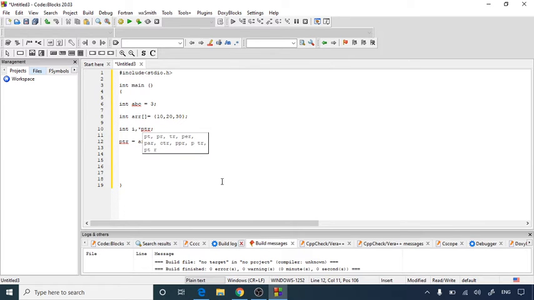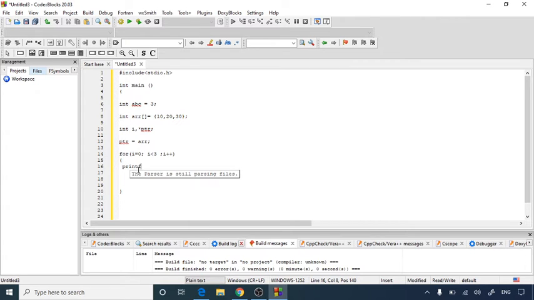After that we are going to print the same. Here we are going to use a for loop, for i = 0. As we have given the max size as 3 in abc, i will be less than 3, because the array starts with index element 0, so it must be less than 3, and then i++, and then open a bracket for the loop. Inside the for loop I am going to first write a printf statement as address of variable, which will be inside the array.